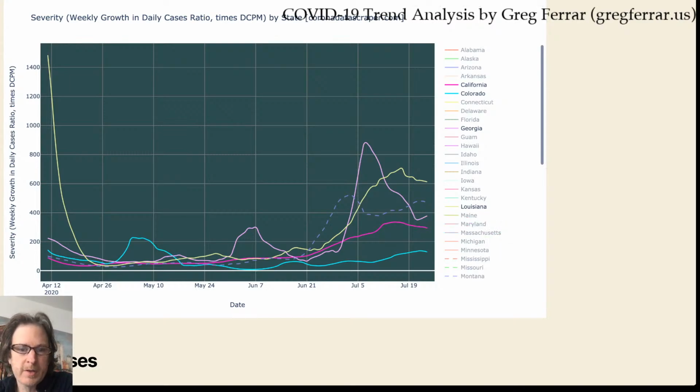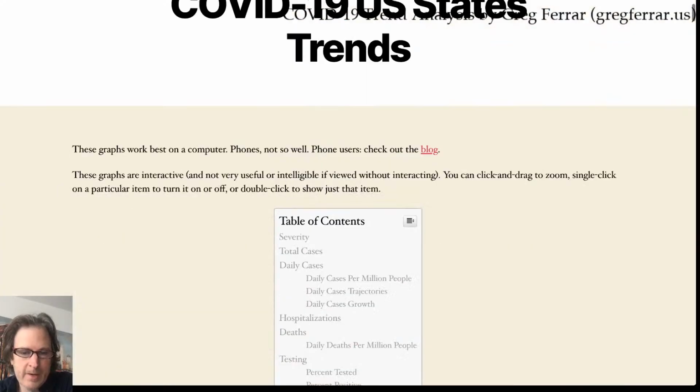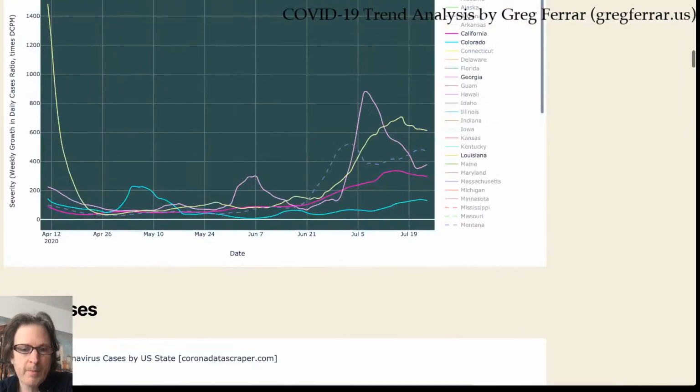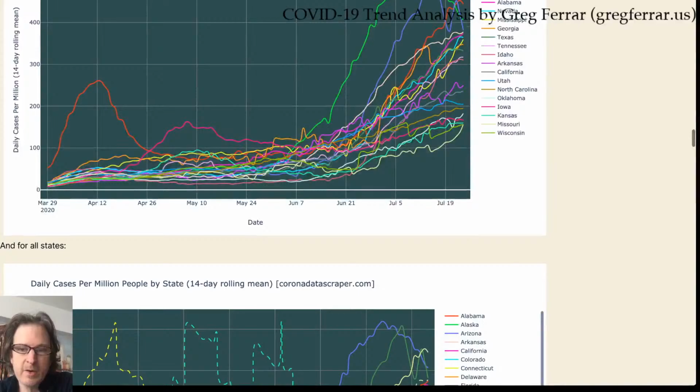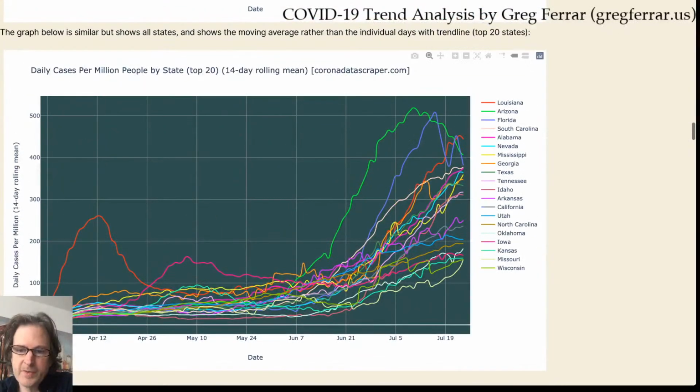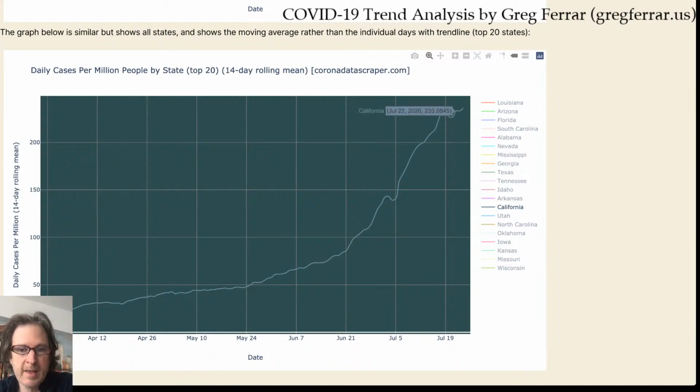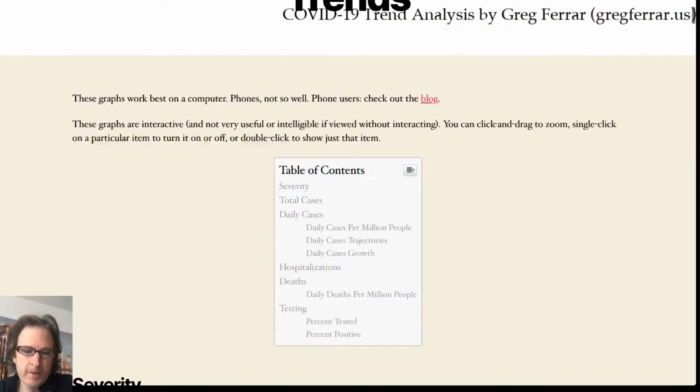I think I will focus on California. Hopefully I haven't already done this and just forgot that I did, but I don't remember talking about California in detail today, so let's just look at the other two graphs for California. Where is California? Well, it's hot, above 200 in daily cases per million. Shows a little sign of a plateau, but mostly just not looking good in daily cases per million. The numbers have been rising, and this little wiggle doesn't mean much. But if we look at the growth rate of California,